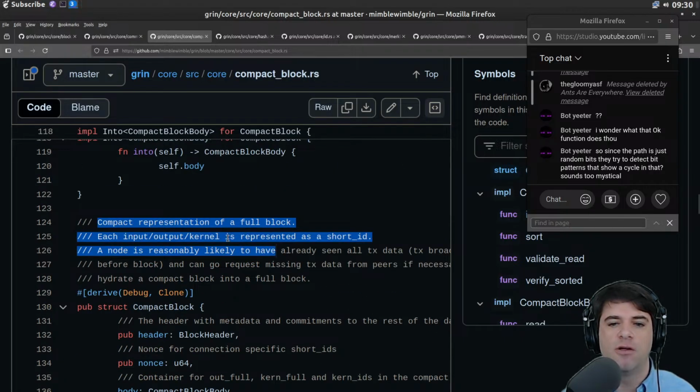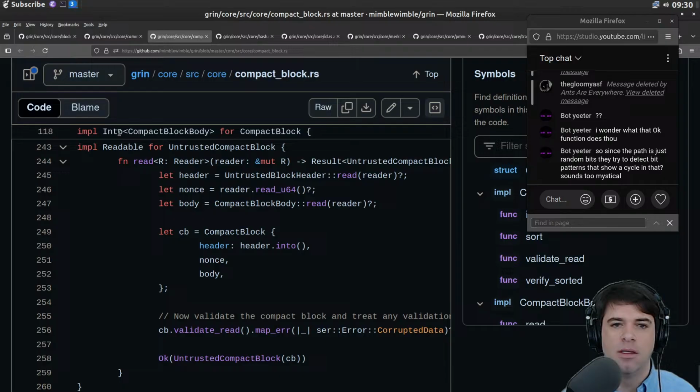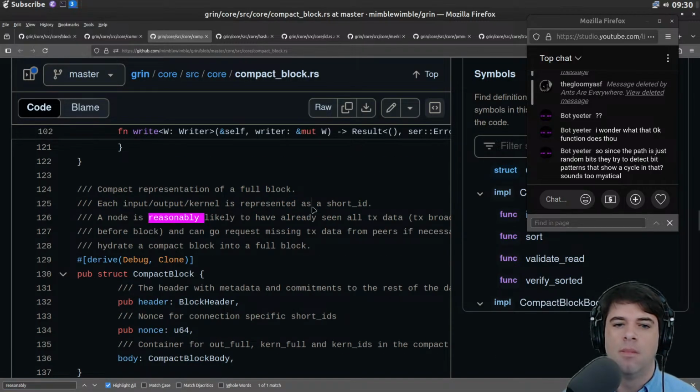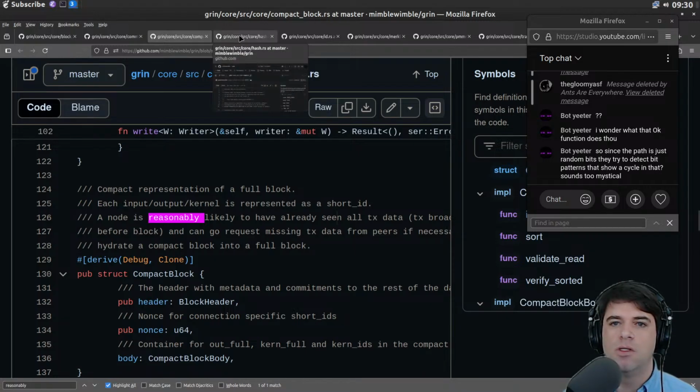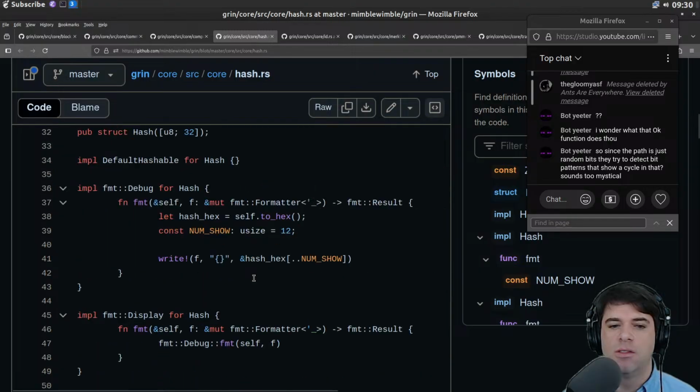Each input-output kernel is represented by a short ID. A node is reasonably likely to have already seen all transaction data. Okay. So this is somehow just compressing stuff. Hash is what?